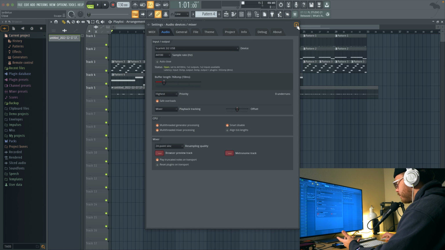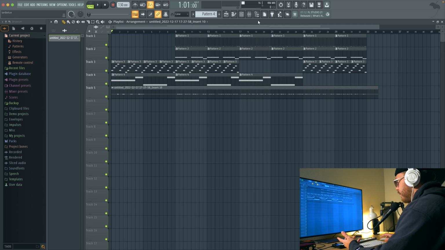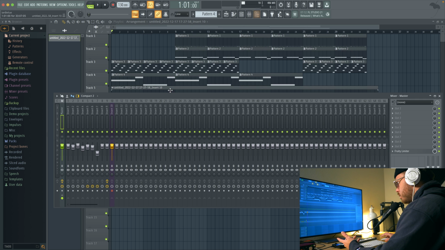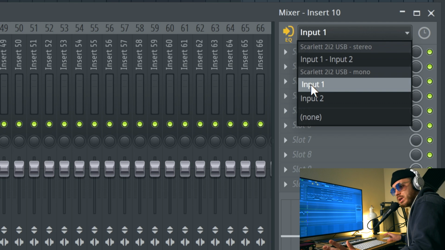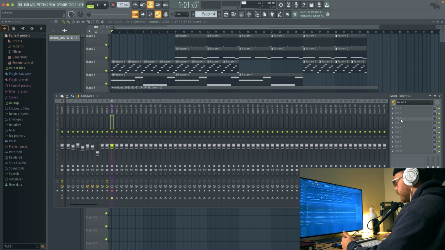Hopefully you have some sort of a microphone. It's going to make this a whole lot easier. And then go into your mixer and then select a channel. I select channel 10, and you can select here the drop down to your input where your mic is connected, or just your flat out USB mic. Click that, activate the record button up here, and then you click play and it will record along with your